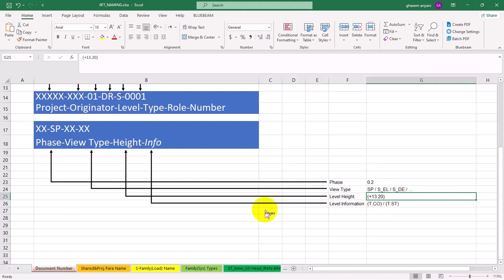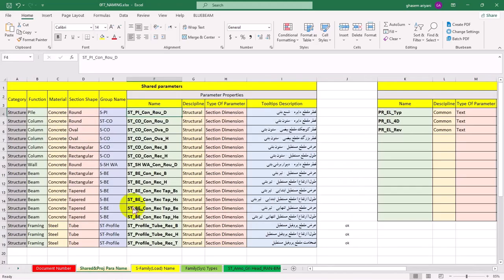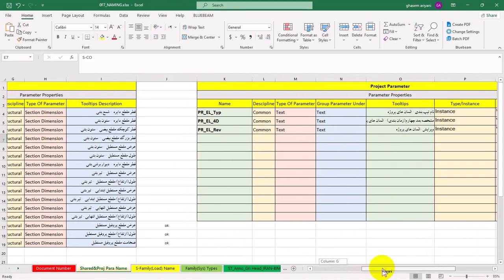Okay. As for the shared and project parameter names, we've already prepared a labeling structure here. As you can see, here is the category, for example pile, column, beam, wall, etc. Here we have concrete or steel, there's section shape, and here we have group names. This is for shared parameters. As for the project parameters,